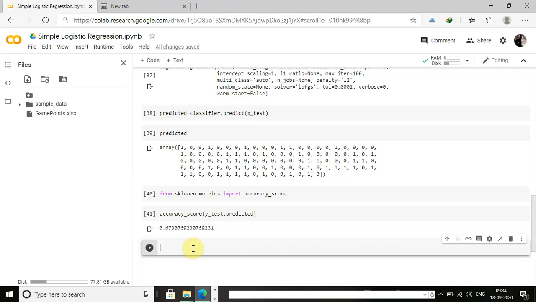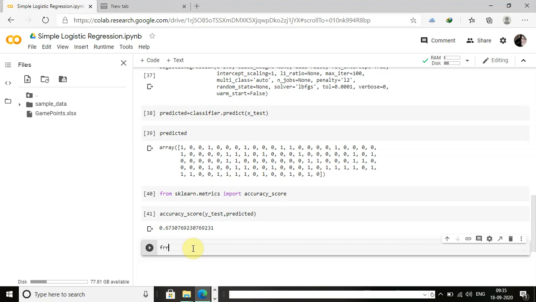From those yes values, how many are correctly predicted as yes and how many wrongly predicted as no, and vice versa. My data set also contains no values. From those, how many are predicted correctly as no and how many wrongly as yes.